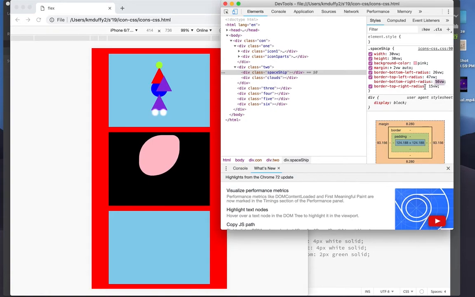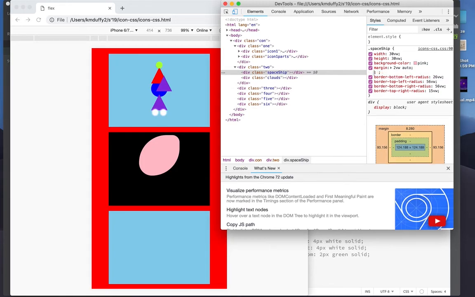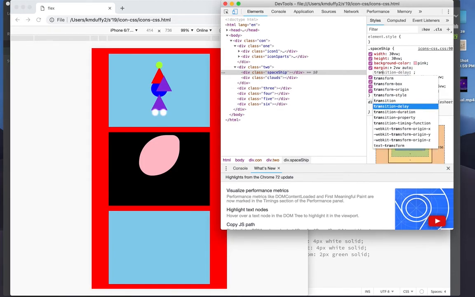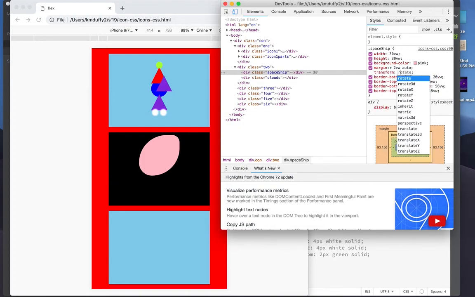Alright, so looking like the bottom right, and I think I want the top left radius to probably be about the same. About 56. Okay, and then I'll do a transform, rotate, and I want to do probably like